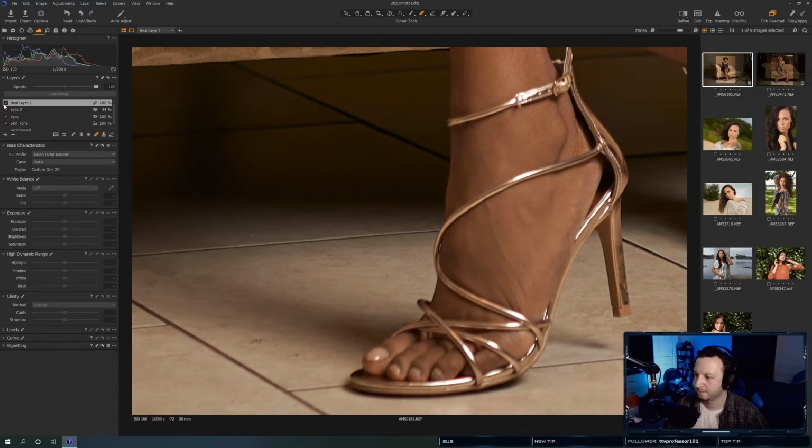Let's see. Nope, I can't do that there. Let's delete that. Let's lower the hardness a bit. See if that helps that. Yeah, that does a little bit more there.